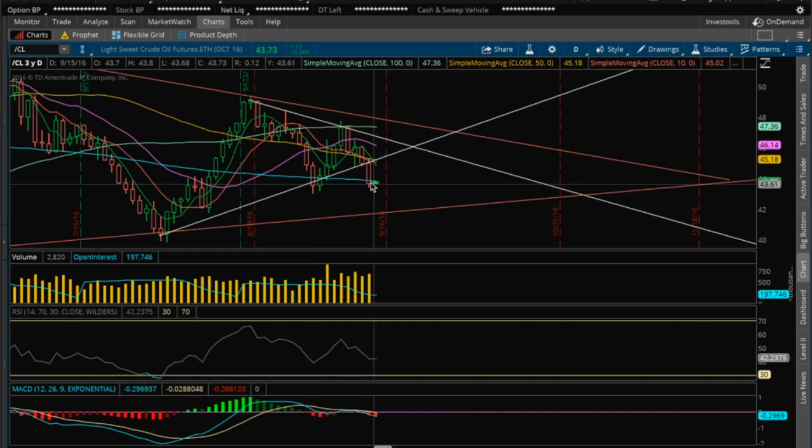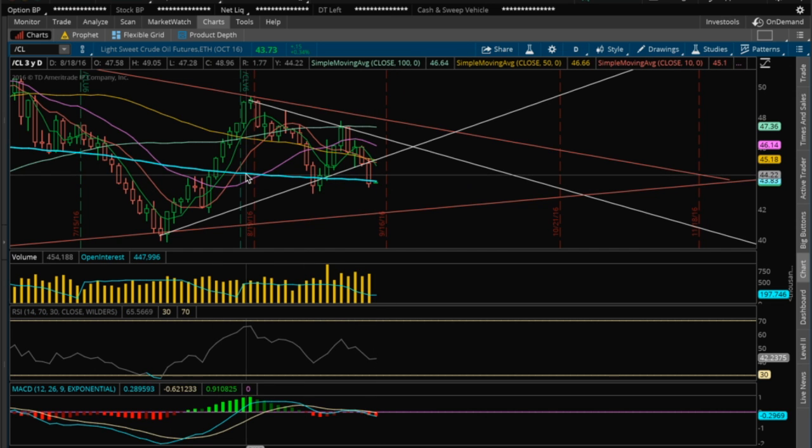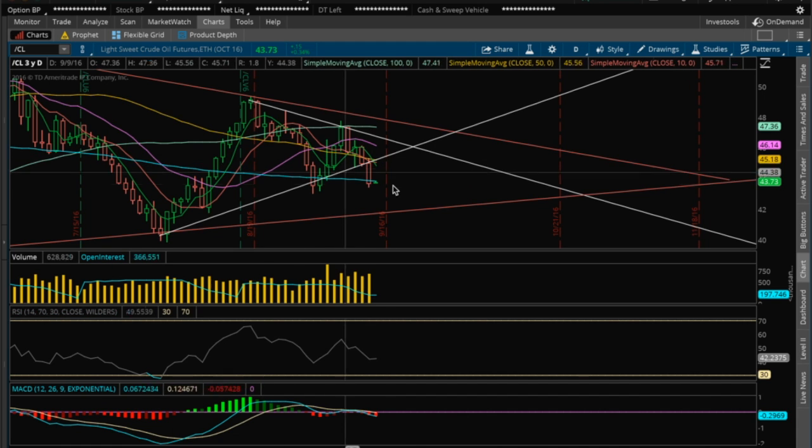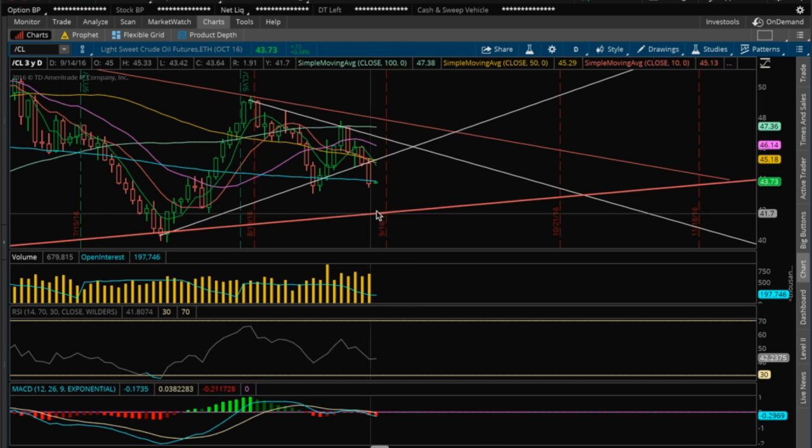And what we need to watch out for is after losing this 200 MA. I said if we broke this pattern here, we'd probably see downside to the 200 MA, and then we could possibly see a test of these price supports. And so what we want to look out for is $43, the low of this candle. Bulls definitely want to maintain $43 for a possible bounce. If we lose that, then we could test this price support here at 41.74, and then possibly test this